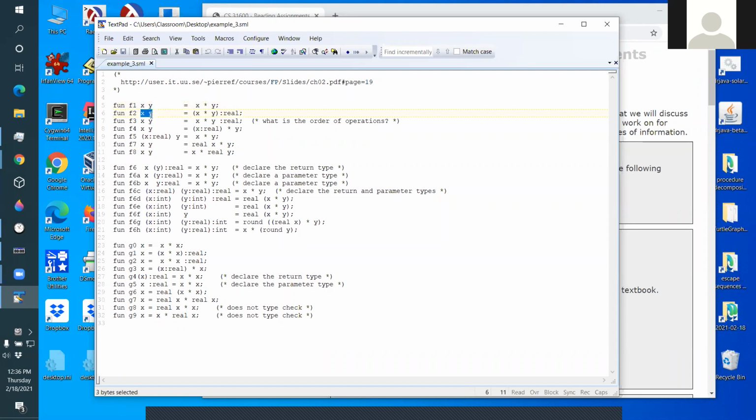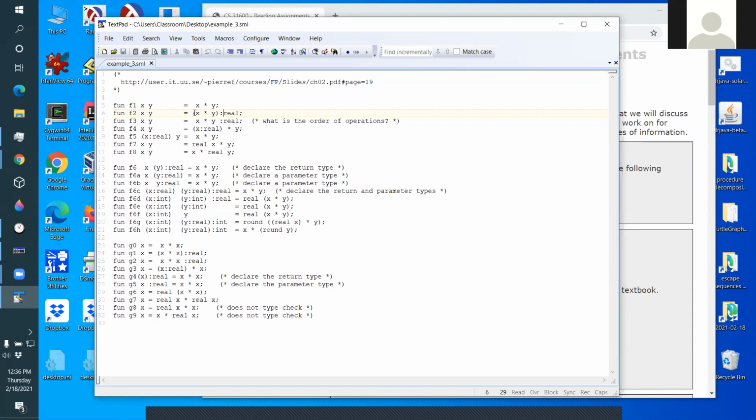This one says that there are two inputs. ML doesn't know what they are. Then it says something is a real: the result of this expression. So it's saying that after you multiply X and Y, you should have a real. Well, the multiplication operator has two versions. One takes in two reals and gives you a real. One takes in two ints and gives you an int. Since you're saying that the result should be a real, notice that this is something